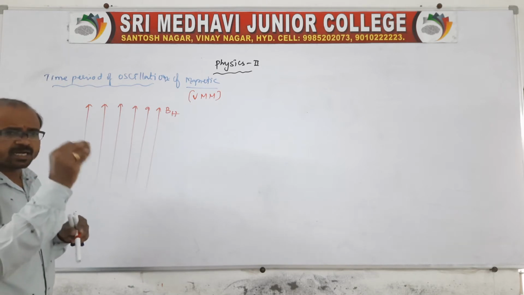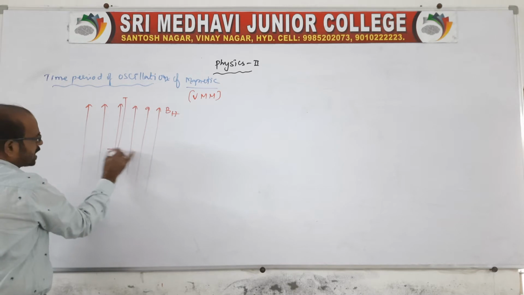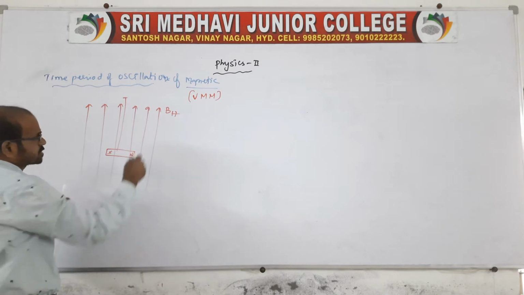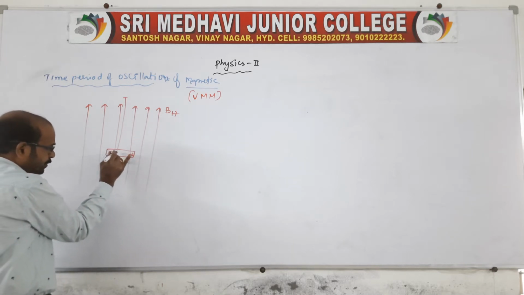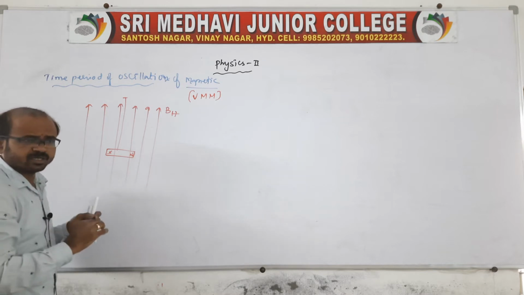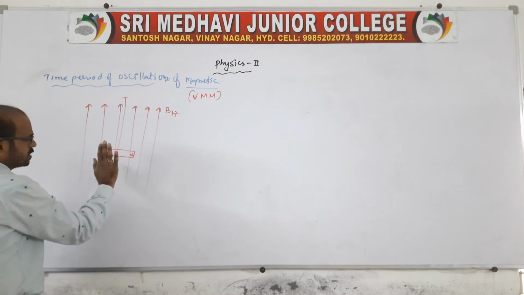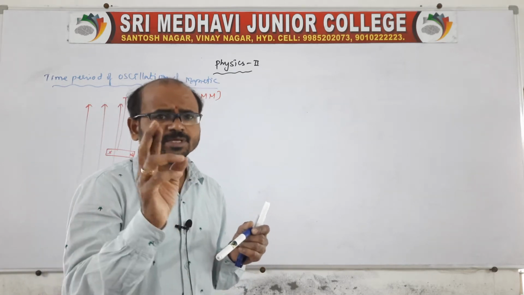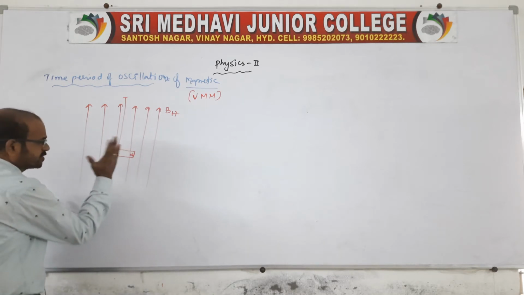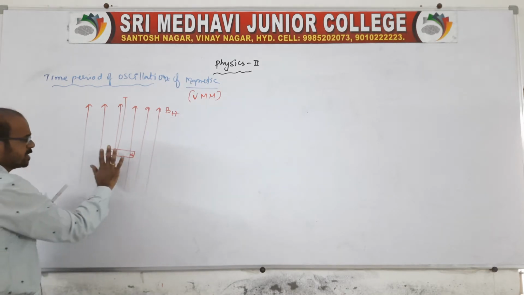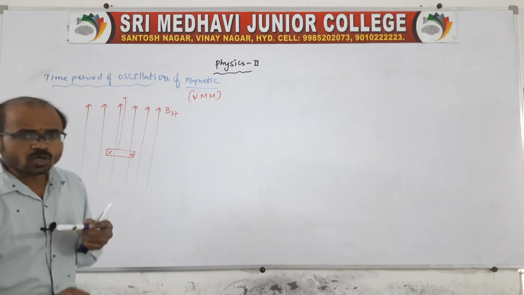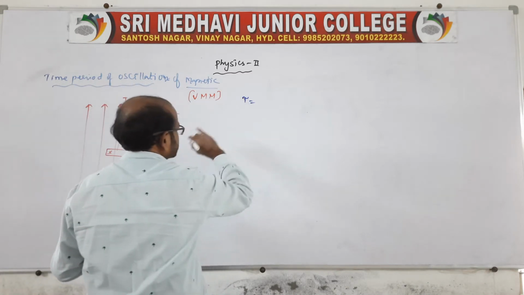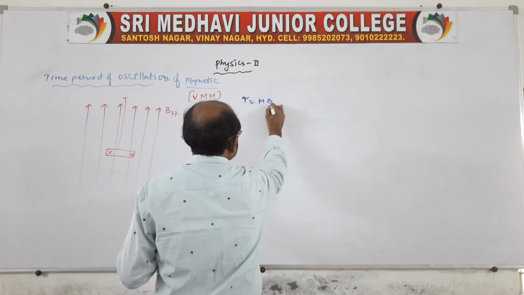Using that thread, the magnet is suspended in this field like this, with north and south poles. The magnet is suspended because of BH, and because of the magnetic field, this needle may rotate or turn. A turning effect is produced because of BH. This turning effect is nothing but a torque. In the previous class we already discussed torque. There will be a BH sin theta.